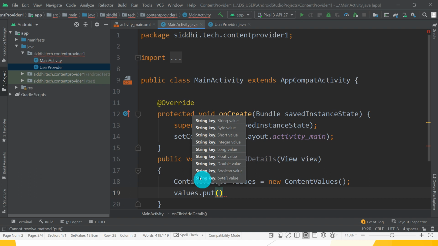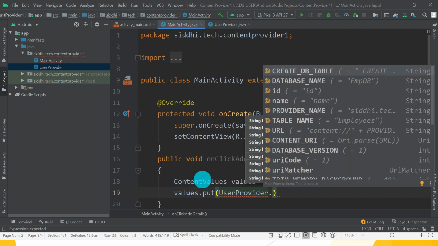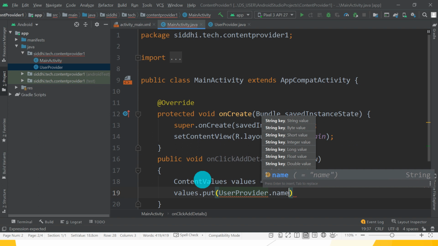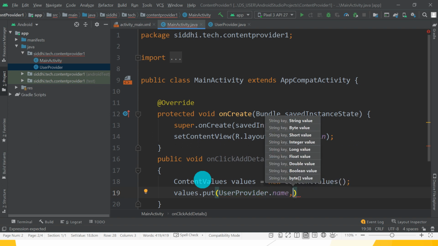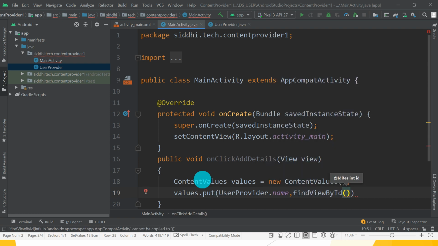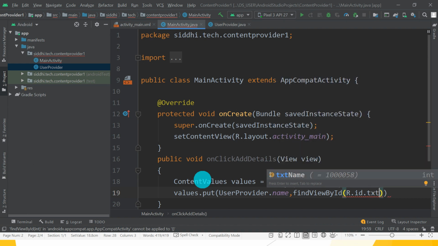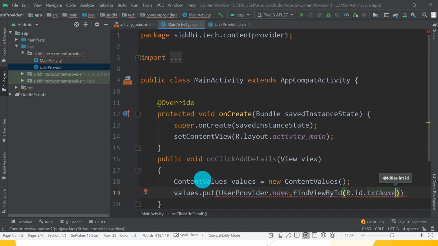First, UserProvider dot NAME, where we have to provide that values when you click on add button. So first UserProvider dot NAME, then findViewById, in that R dot id dot, where from we take the text name from that text box.